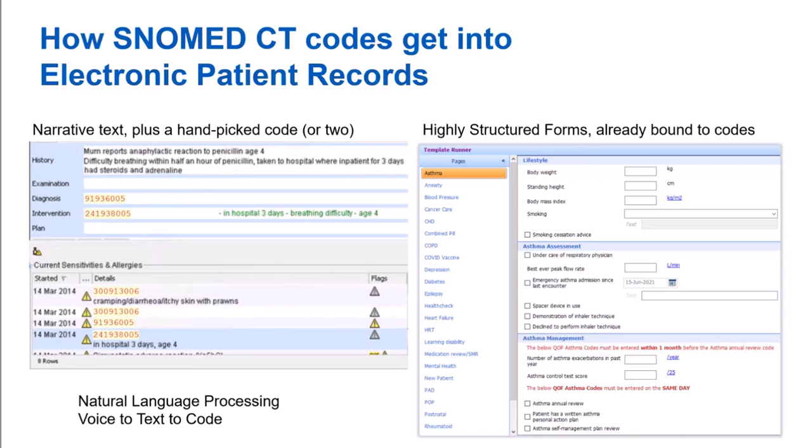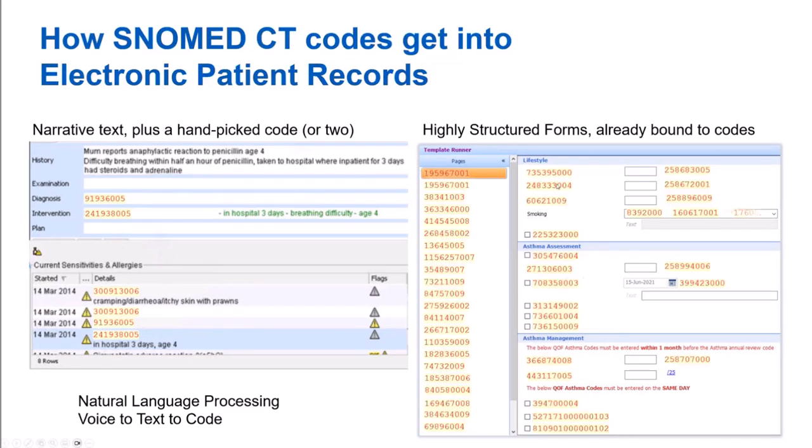Are they under the care of a physician? Have they had an emergency admission since you last saw them? Are they using a spacer? Have they shown you how well they're using their inhaler? Or did they decline to show you how well they're using their inhaler? And so on. But under the bonnet, although the clinician fills these in, most of what you see there can be and often is coded to a SNOMED code,